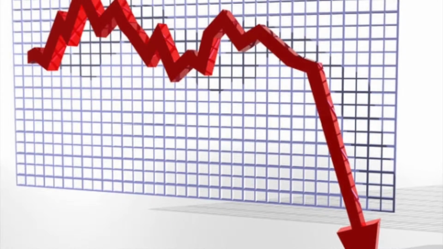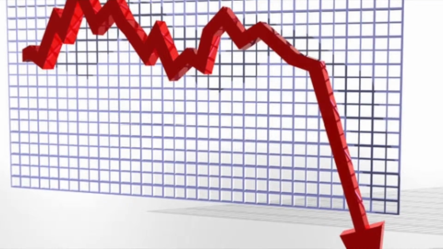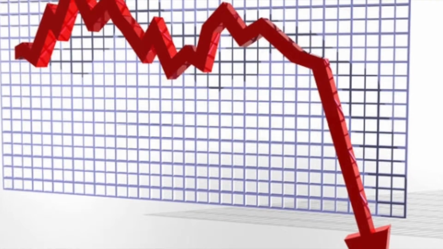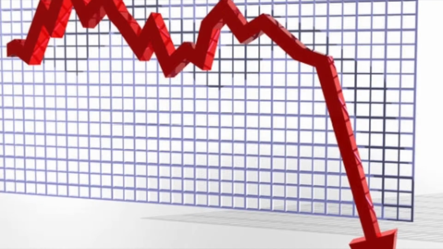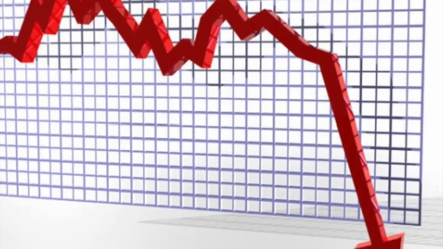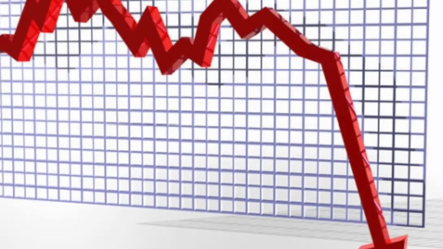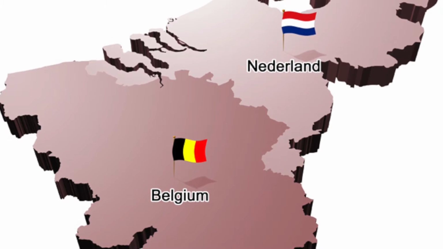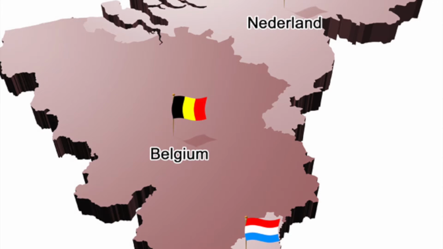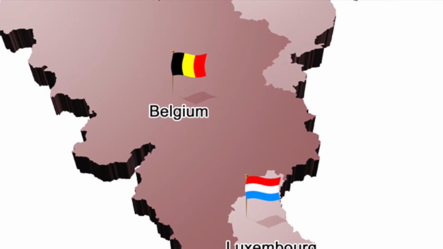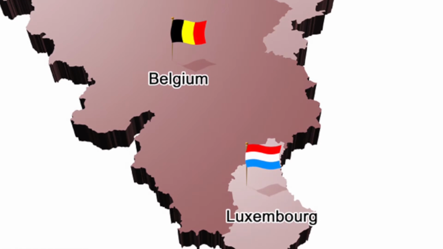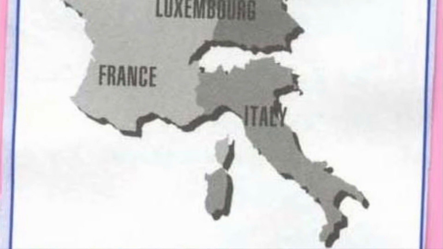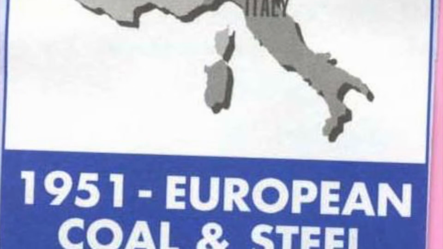So fast forward, and 2 world wars passed. This led to Europe's economy and political situation becoming very, very unstable. This led to people straying from nationalism to becoming more united together. And it started with Benelux, with Belgium, the Netherlands, and Luxembourg. And this eventually led to the European Coal and Steel Community with Benelux and West Germany, France, and Italy.